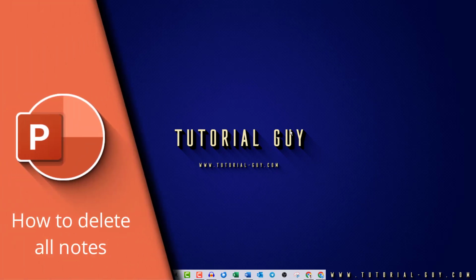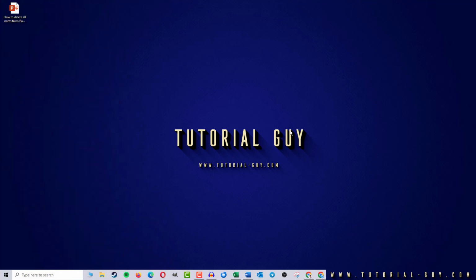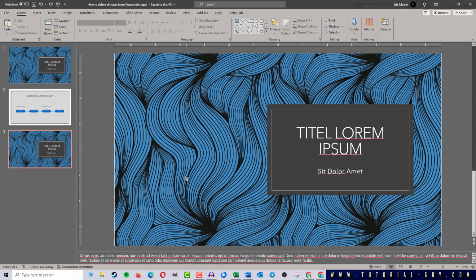In today's video I want to show you how to delete all notes in PowerPoint. This is actually quite simple. First I open PowerPoint and here I have a presentation with 3 slides. Each slide has individual notes. I could now delete the notes on each page individually, but I will show you a trick to remove all